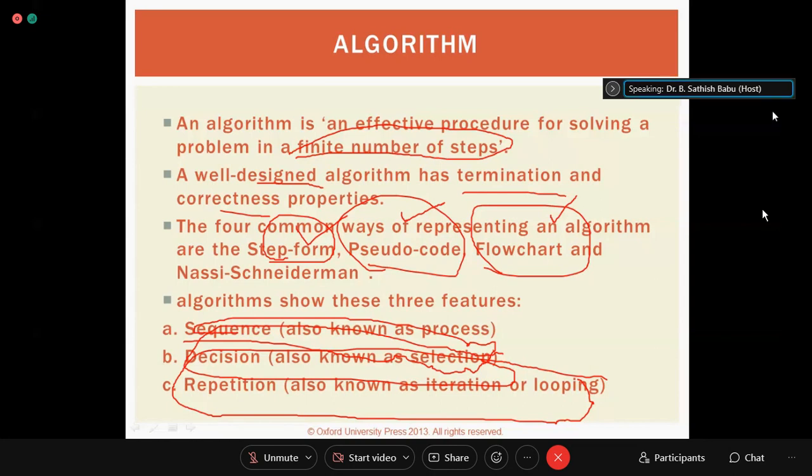So now, if I have to write a step-by-step procedure for Bhavani to come to college, what is the first thing? Bhavani is going to first get up in the morning. Next, she is going to get ready. Third step, she is going to have breakfast. Fourth step, she is going to wear her ID card. Fifth step, she picks up her things, her bag, her lunch, her water bottle, everything, right? Sixth step,